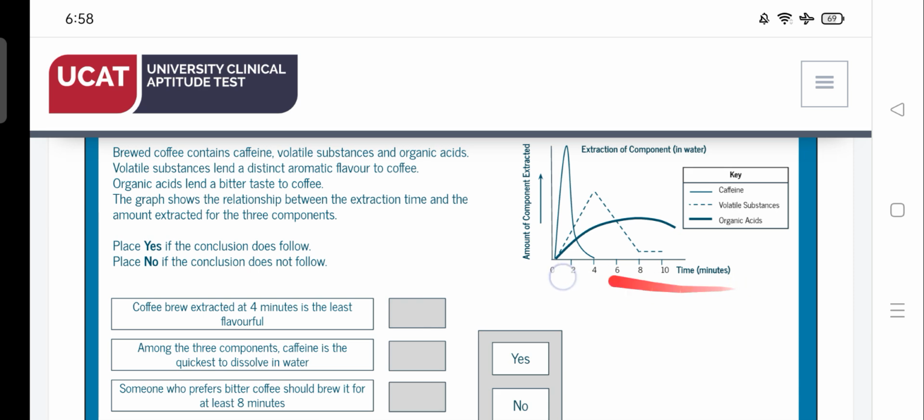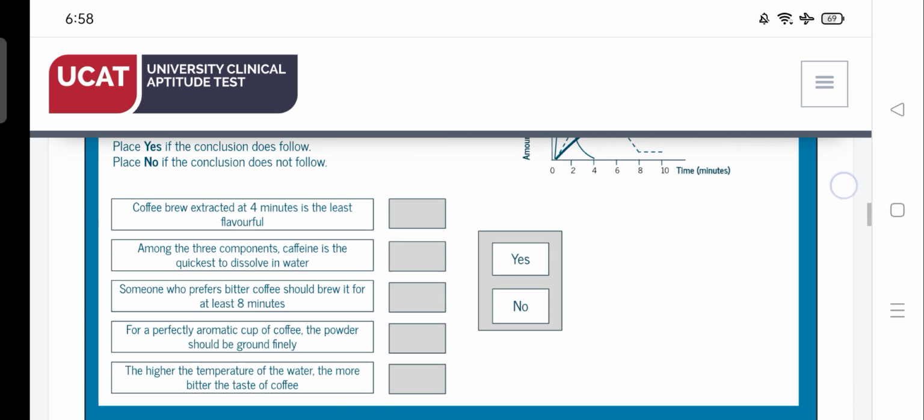So here we have a graph also. This will tell you about the amount of components extracted, and this one the extraction of component in water. So you can use this data that is provided in the form of a chart to conclude your answers that are given here. So first conclusion we have: